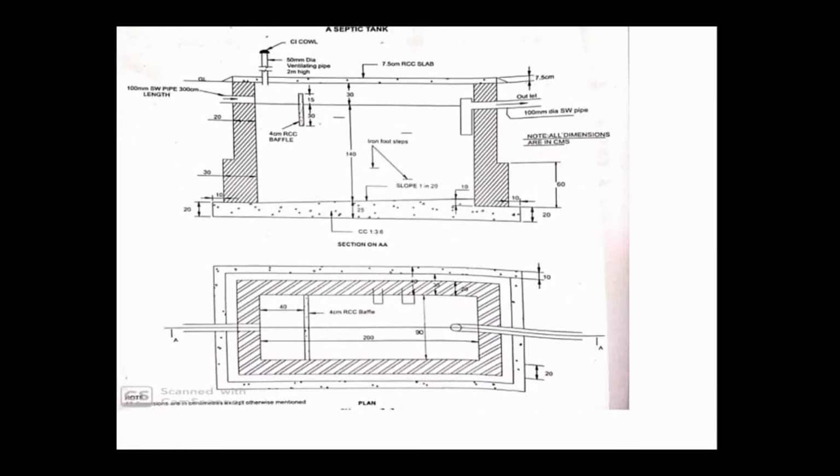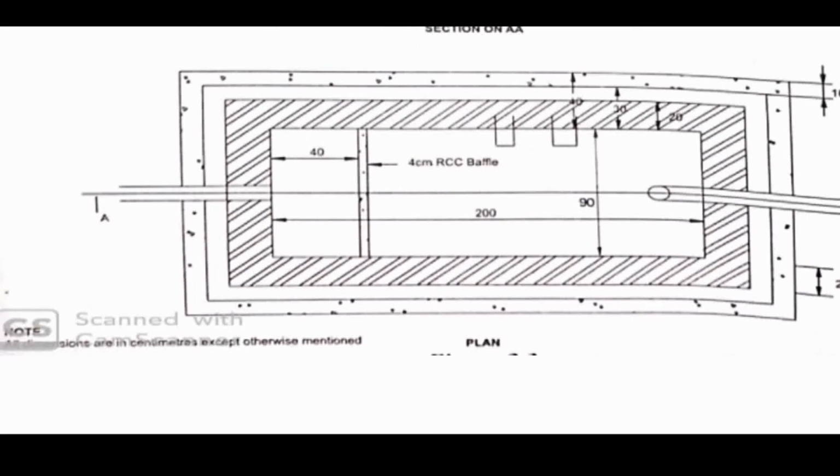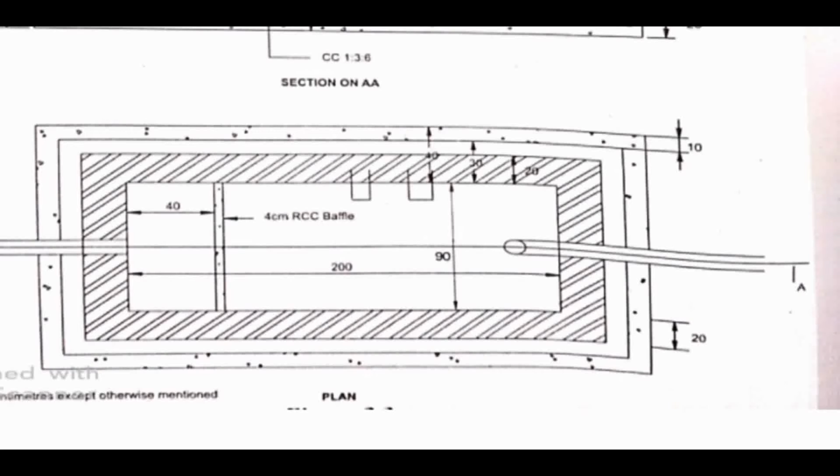These are about the length and breadth of the concrete slab, right? And now we have to find out the baffle wall dimension. So here in this plan you can see the baffle wall, the smaller 4 centimeter RCC baffle they had provided. The length of that baffle wall we have to consider. That is 90 will be the inside to inside length, right? And then as I told, 5 centimeter bearings you have to provide at each side. So adding that 5 centimeter on each side, we get 90 plus 5, 95 plus 5, that is 100, right? So 100 centimeter will be the length of the baffle wall.